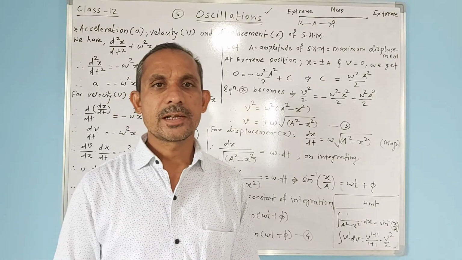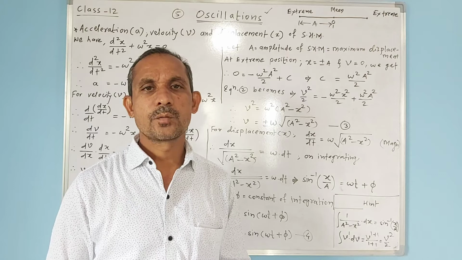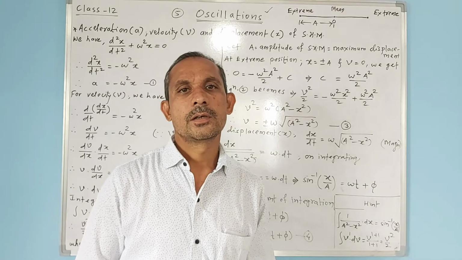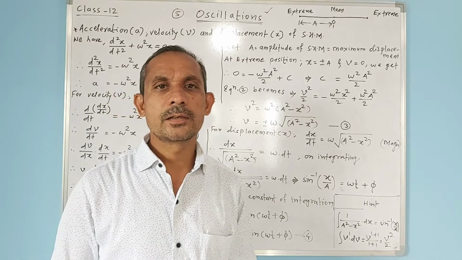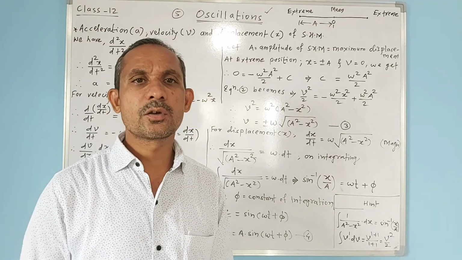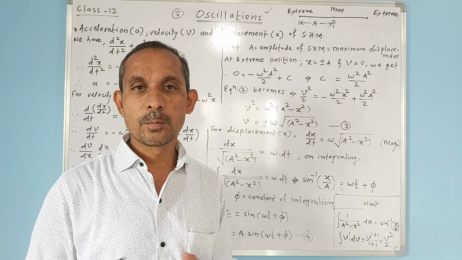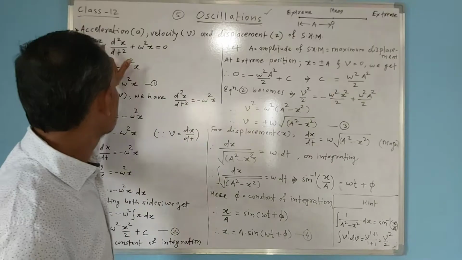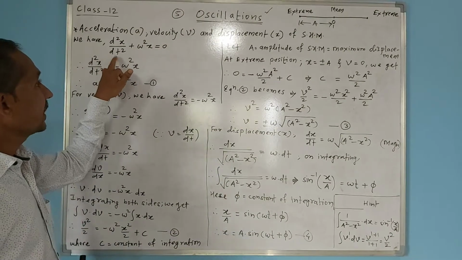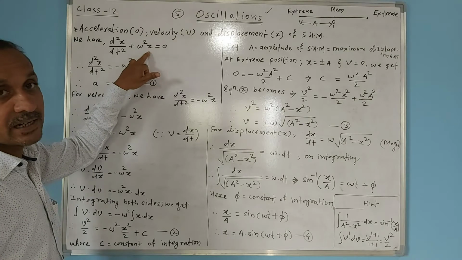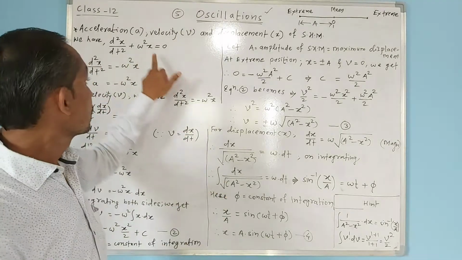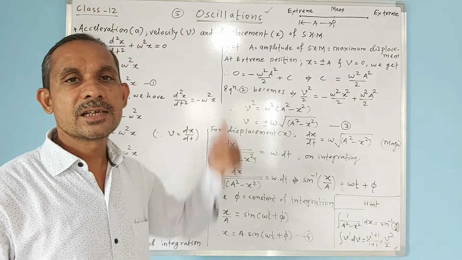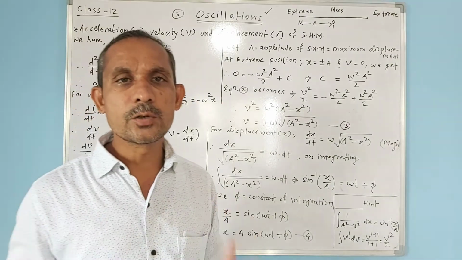Hello, boys and girls. Today we will see the next topic of the oscillations. Last time we have seen the differential equation of simple harmonic motion, and the differential equation was d2x by dt square plus omega square x is equal to 0. So this is the differential equation for the simple harmonic motion, and this differential equation is very useful to